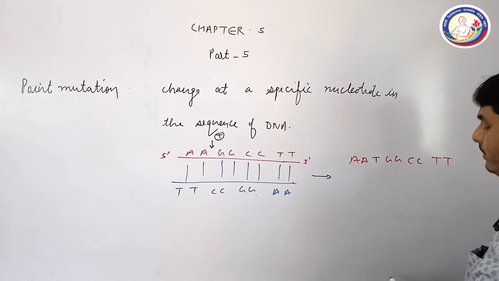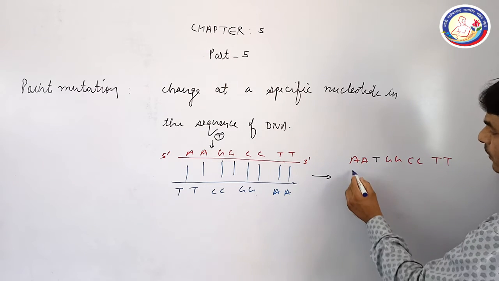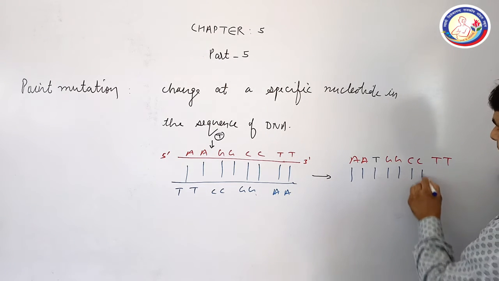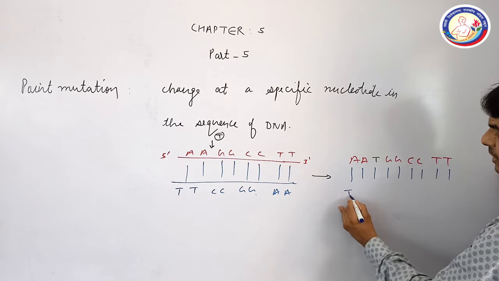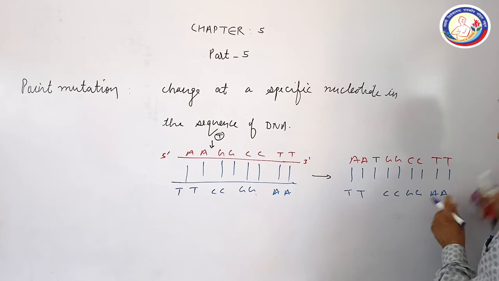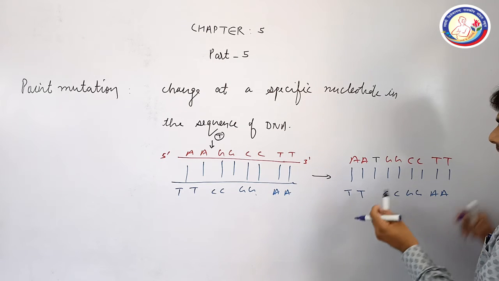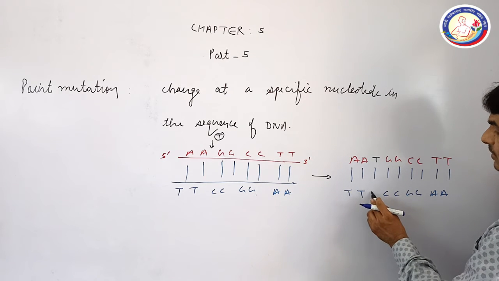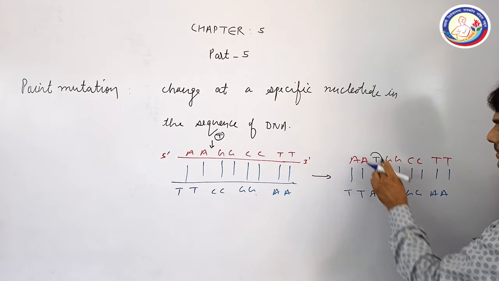The complementary sequence, opposite to this, will be like this: T T C C G G A A, and this is another base pair